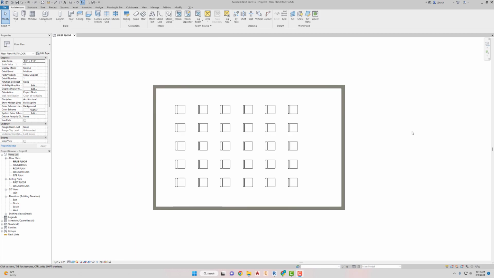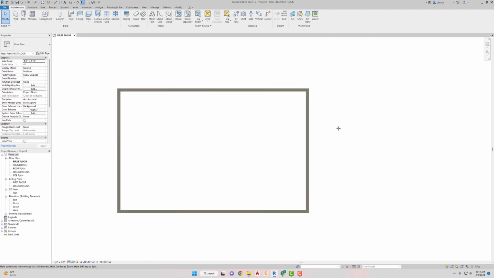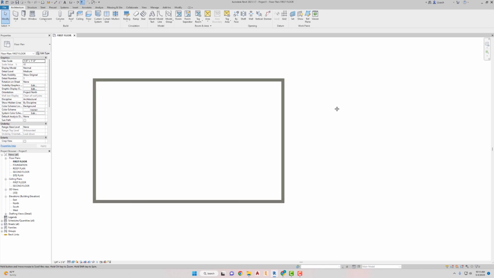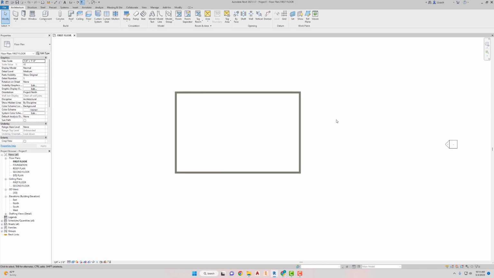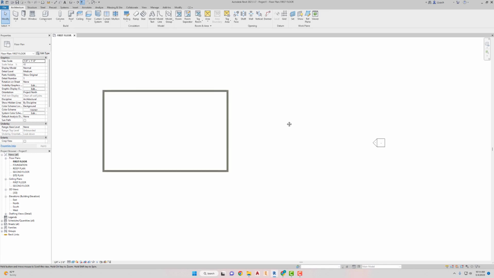All right, so while we have our classroom kind of set up, I can use this to show you how to use the mirror elements tool. So probably on the Revit certified user, you're going to be asked to mirror some objects. So let's just mirror our classroom that we have. Let's say that we're going to make a school. So I wanted to kind of make a mirrored copy of this classroom on the other side,